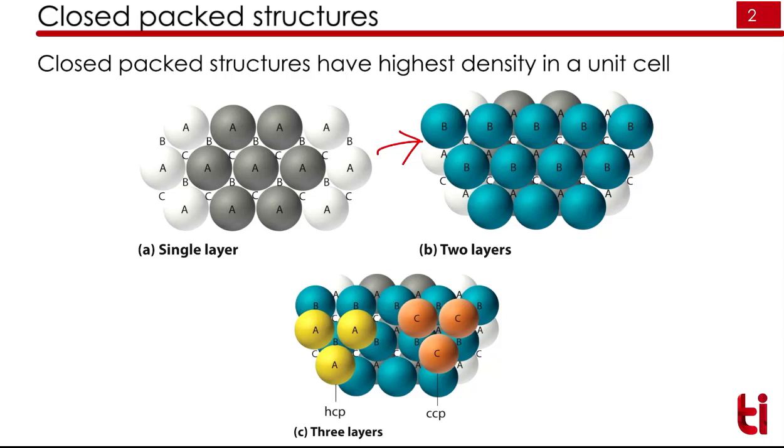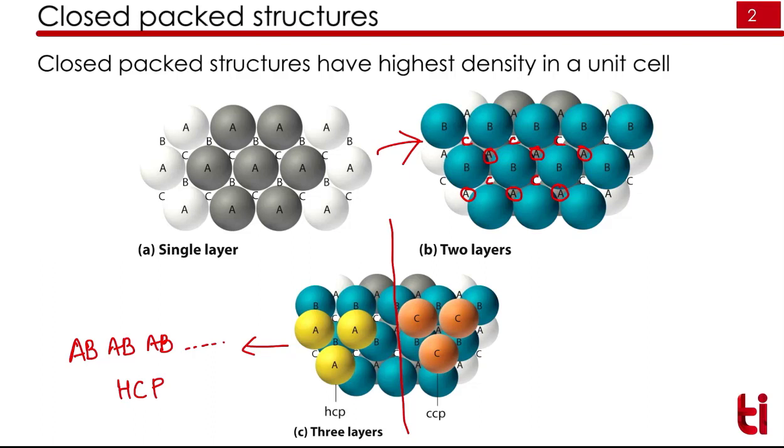Again here we can see the cavity C. It means we can put C layer on the top of it, or we can also see the cavity A. It means we can put A layer also. So based on this combination, if we have a combination of AB, AB, AB layers, that we call as hexagonal closed pack structures, and that is shown here. So this layer will have AB, AB, AB and so on. This is called as hexagonal closed pack system.